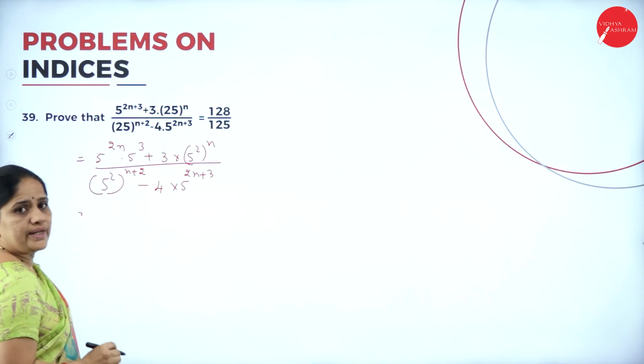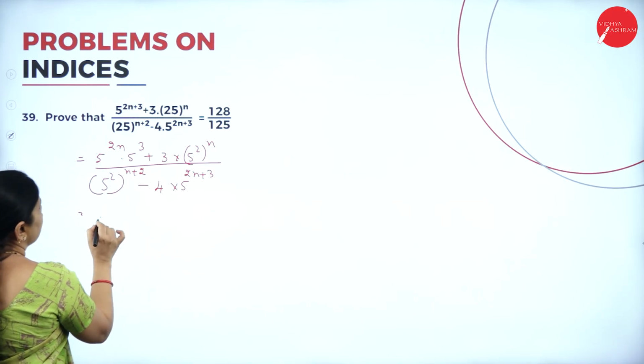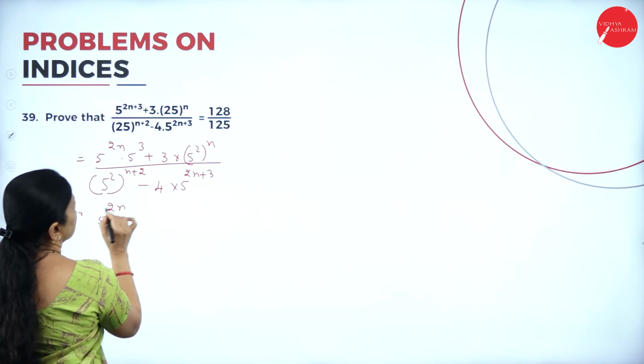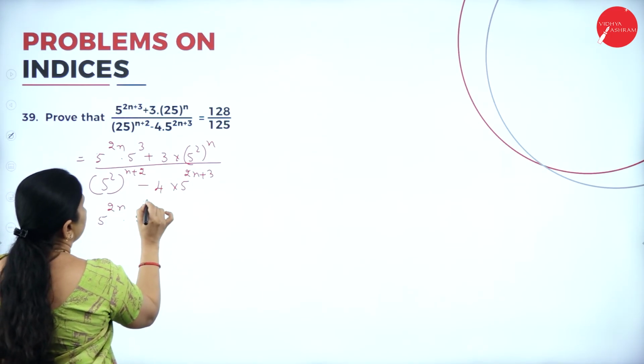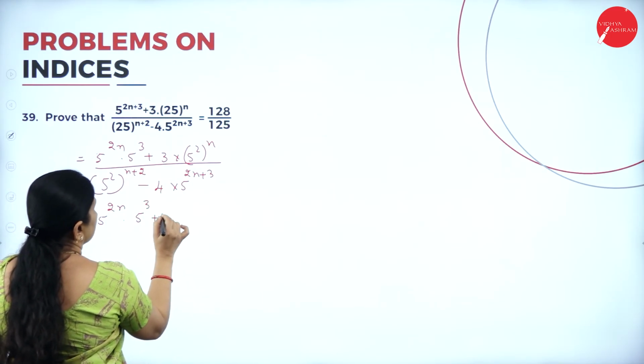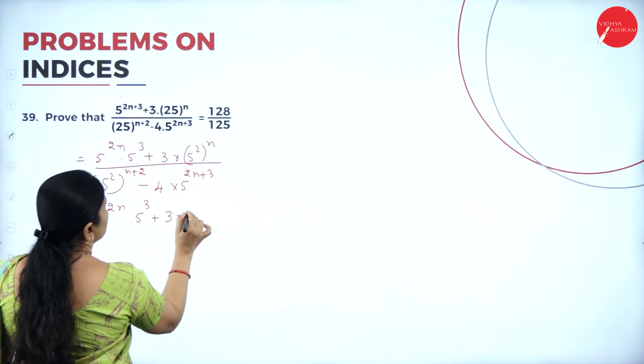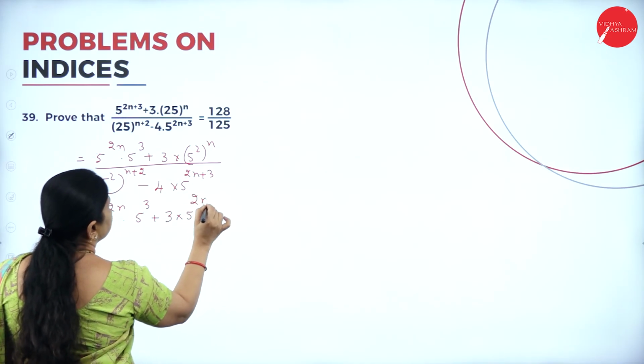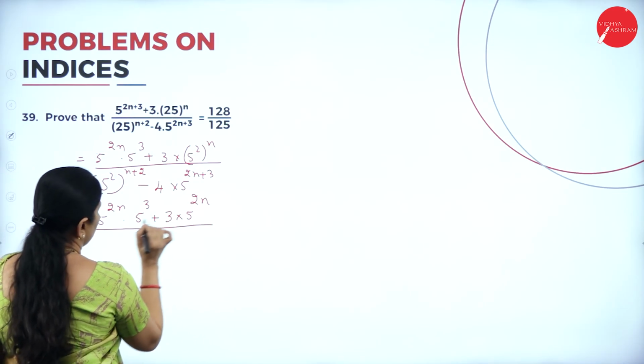So this is equal to 5 to the power of 2n into 5 to the power 3 plus 3 into 5 to the power of 2n, whole over